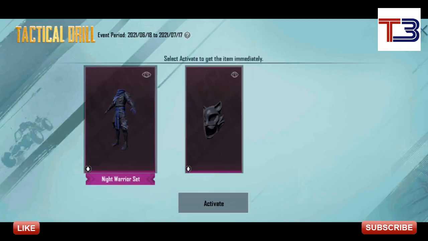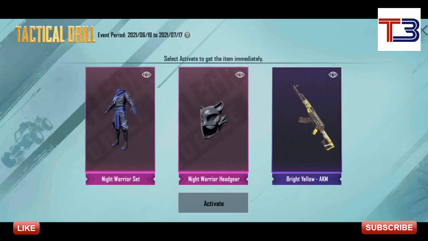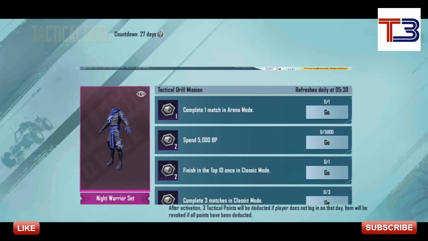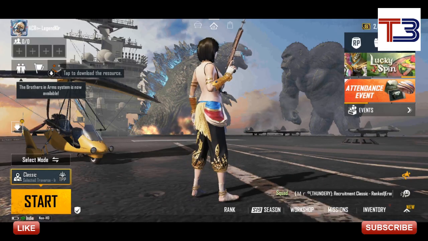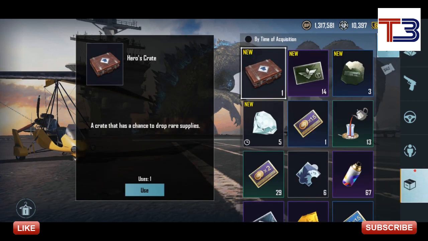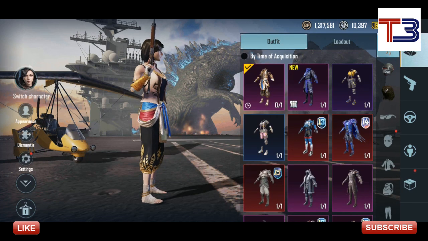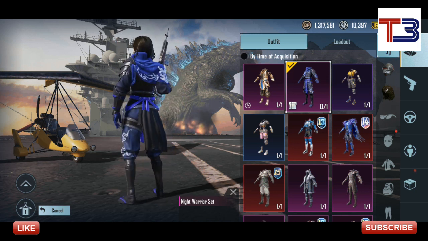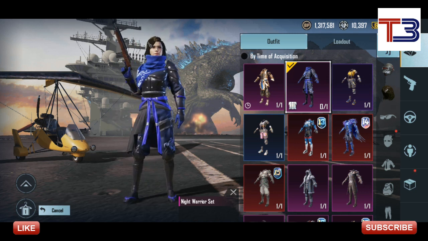There is a tactical drill. Let's check what is here. Okay, it is offering a uniform. Click OK. Oh, got it. Seems to be a nice one. This is also nice, but the visibility of this is more. Let's check the other one. Cool. This is nice, and blue is my favorite color also.